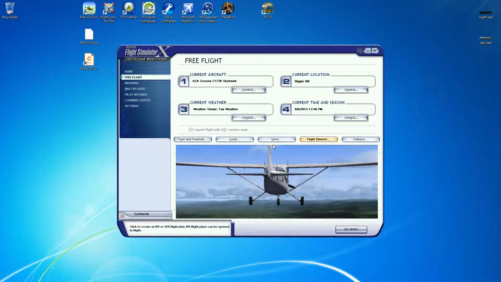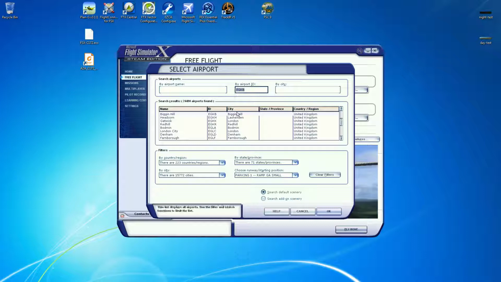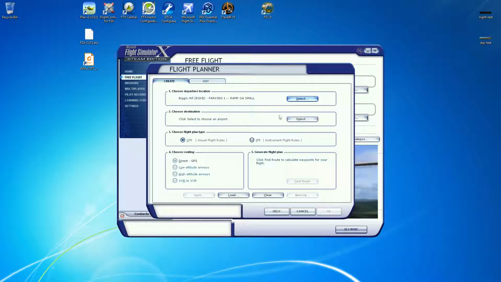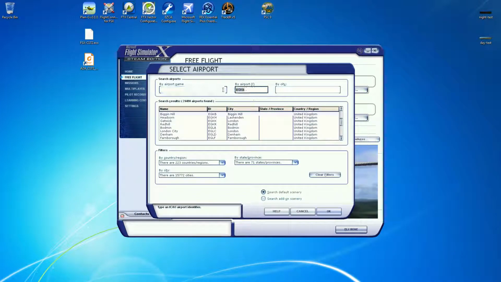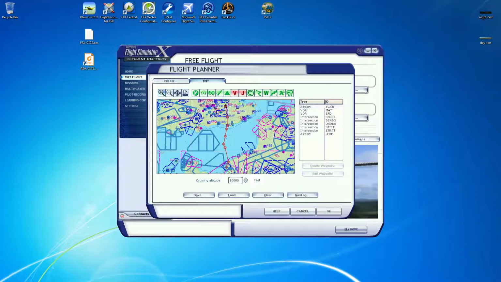and we're going to set up the flight planner now. Departure airport, so again, Biggin Hill, and destination is going to be LFOH. The reason you set this up is so that ATC can kind of follow you. We're going to do IFR, but we're going to do low altitude airways, so that ATC can follow you throughout the flight, and they can pretty much direct you and tell you exactly what to do, and route you around other aircraft. So we're going to go find route here,